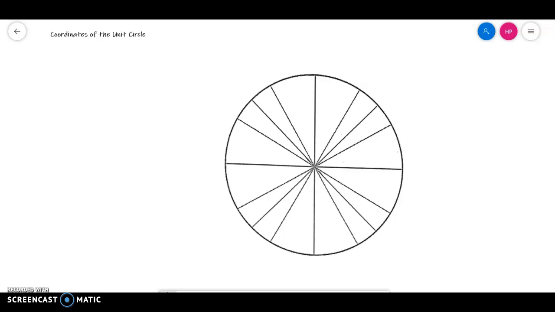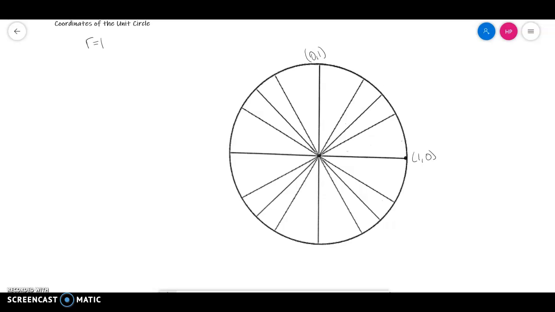So, part 2 of 2, the coordinates for the unit circle, to slow down and see these values a little bit better. So, a few things to remember. First, the radius is always equal to 1 in the unit circle. And that is why if I think here of my center as my origin at 0, 0, the point on the circle directly to the right would just be 1, 0, and up would be 0, 1, and then left